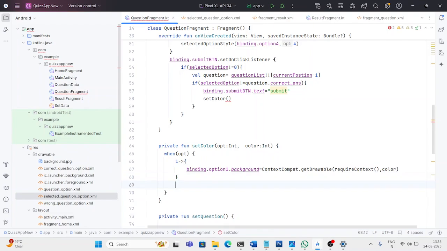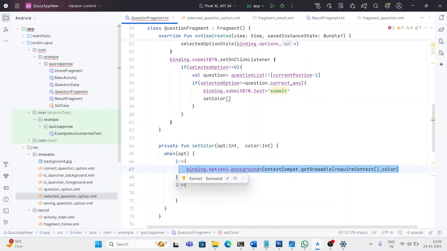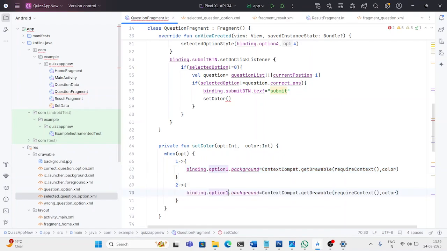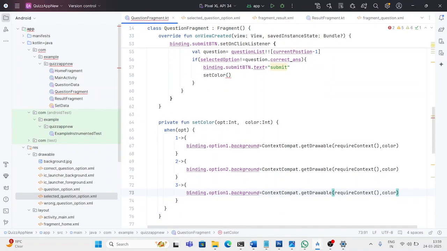let's copy this. When the option is two, let's copy this. Similarly, the option is three. When the option is four,